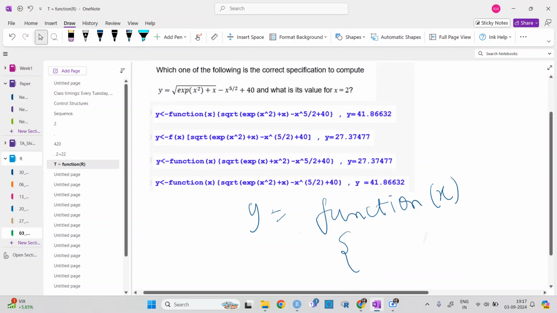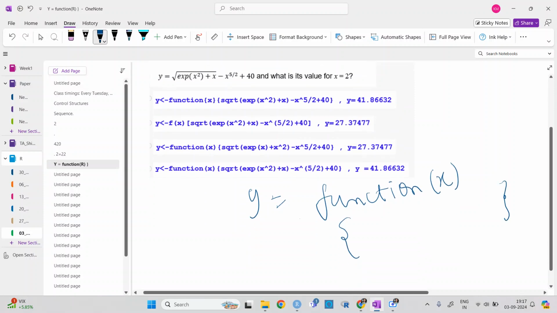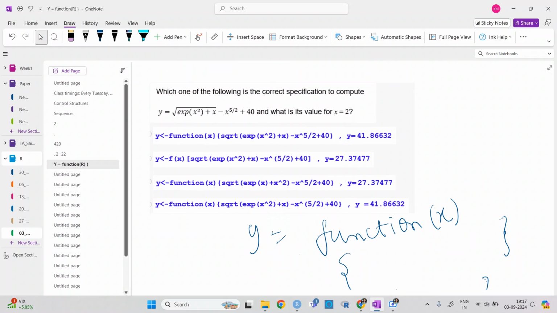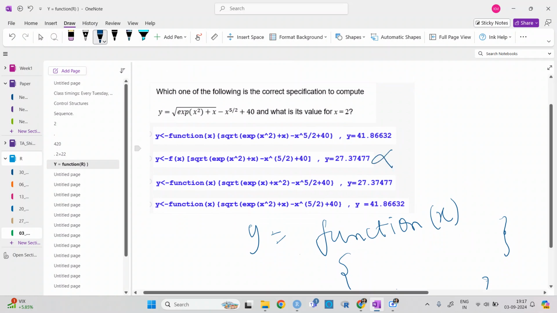And then we write the function, and in the end we write y of 2. So y of 2 will give us the value. Now the function of x is written in the first one. It is not written in the second one like this, so it is already discarded.